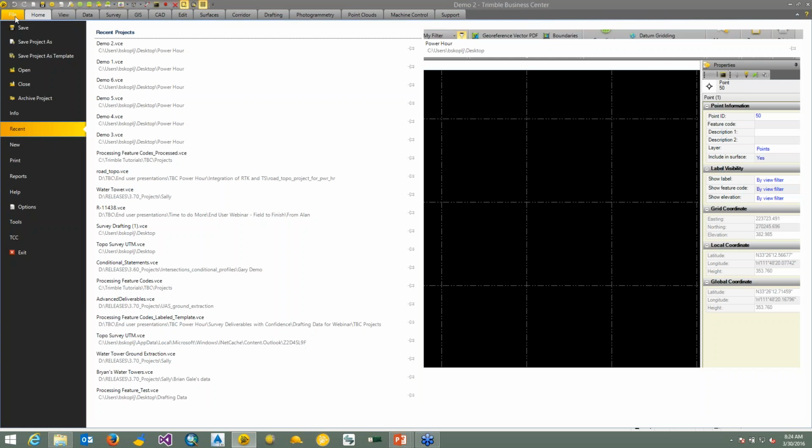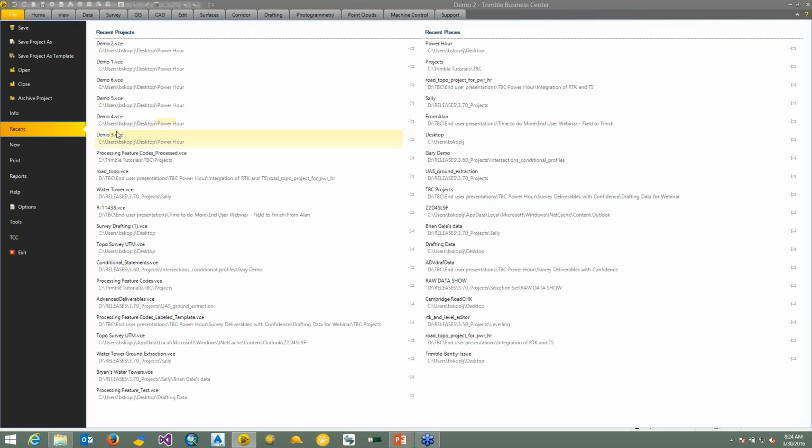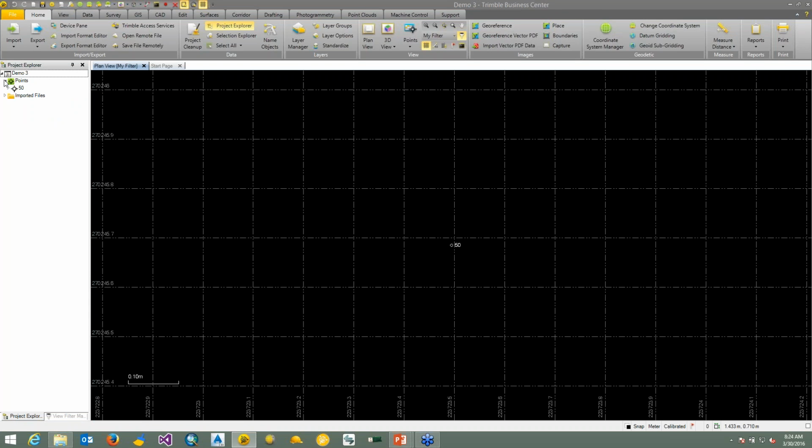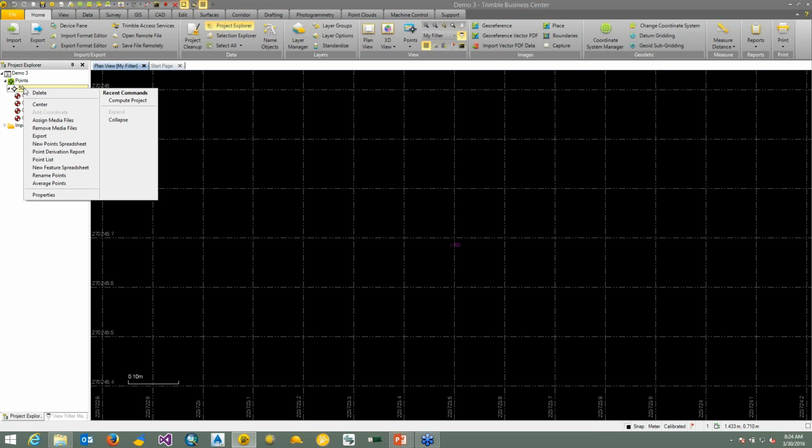Okay, now we're going to go into this next file, Demo 3. Now, in this file, it looks very much the same. If we expand this .50, you will see that there is now this imported global coordinate. Now, the order was important here because the keyed-in office coordinates were done first, and then the global coordinate was imported afterwards. And so what we're trying to show here is that the order of things being added to the